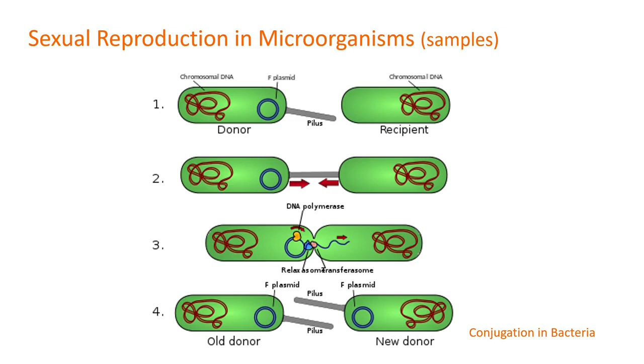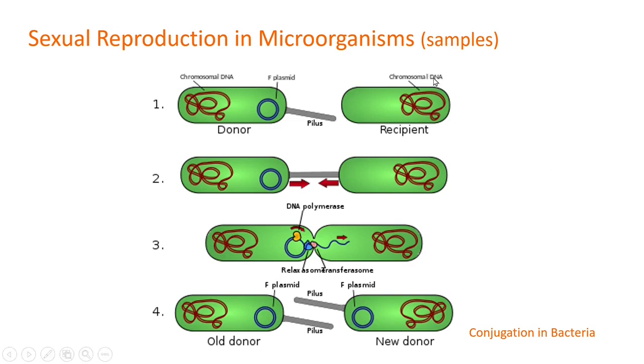Now, since we're done with asexual reproduction, how about sexual reproduction? Sexual reproduction in bacteria involves a structure called the pilus, as you can see here. It is a tube-like structure, hollow in the middle, wherein DNA, genetic material, can pass through, so that it will be able to recombine with the other bacteria.